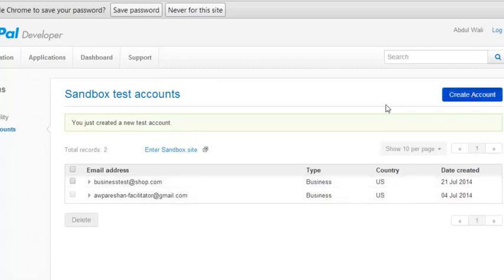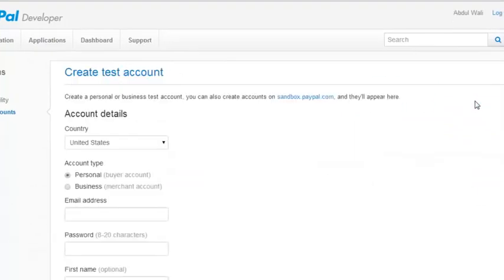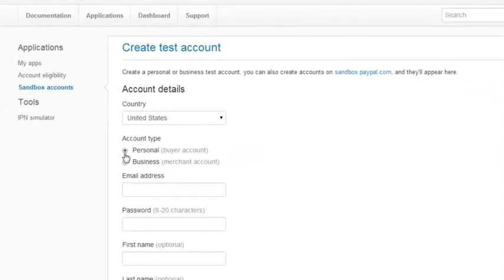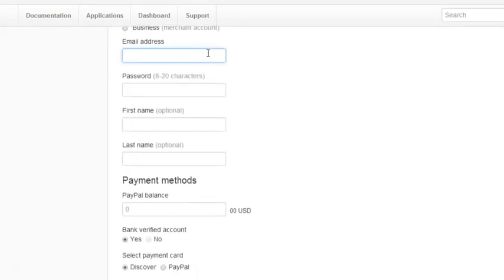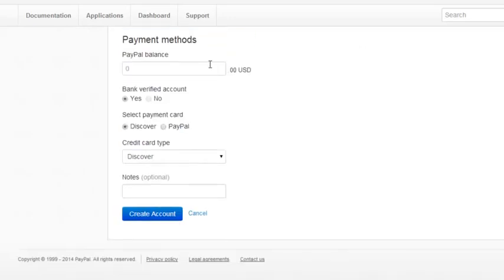One more I need to create. I will click the create account option again, and this time I will select this personal account, and give it an email, which will also be a test email, just personal test at shop.com. That's it. Another password will also be Wali Khan, and this is my name, and I will add $1,000 to it, because this is my business account and it will have a balance of $1,000, which is basically a test thing. I will click create an account,